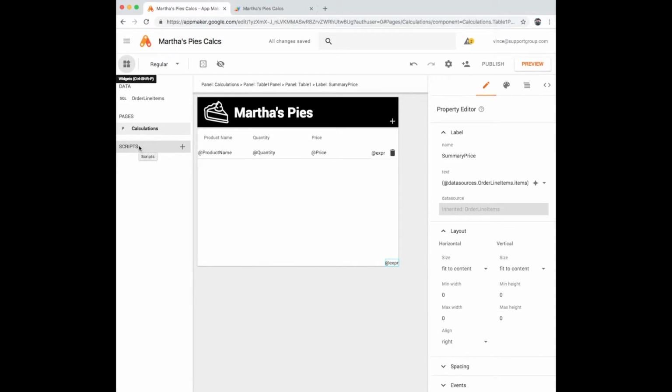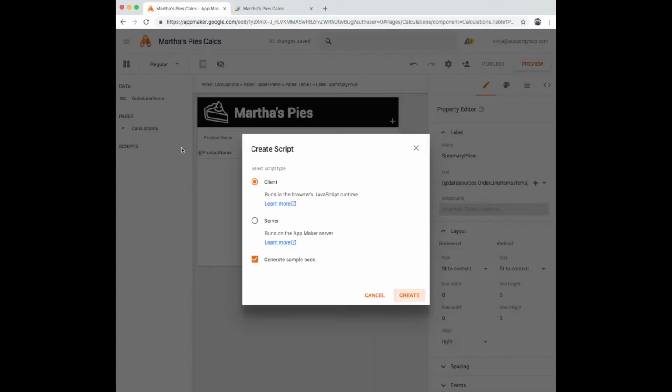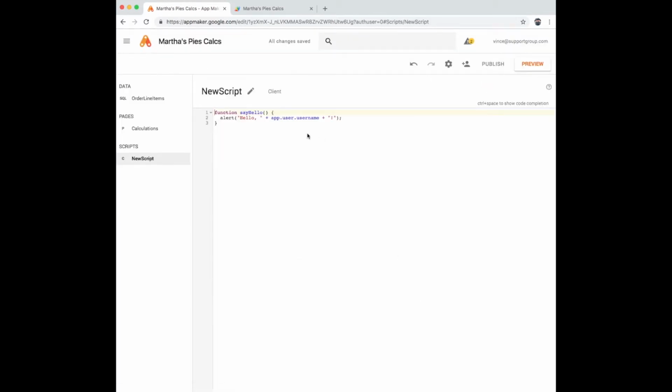First we'll create the script. And it's a client-side script because we don't need to send this to the server. This is just something for the client web browser to do to make it look like this. We don't need to store this in the background database. So you can create it. And now when we create a brand new script,